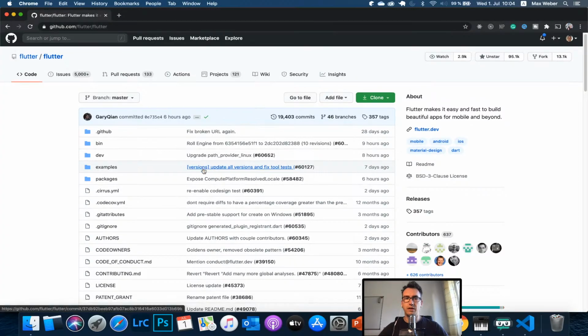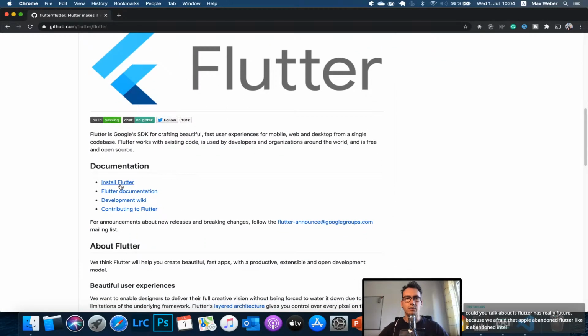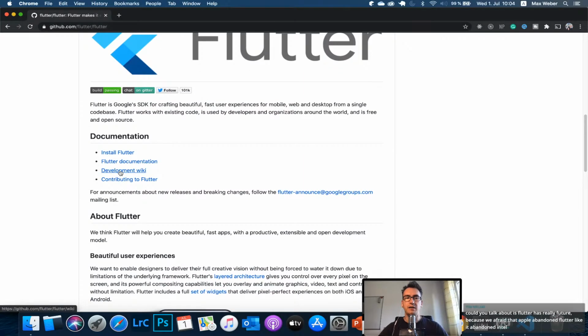So if we go back to GitHub, we can see the README underneath, and we can read the documentation, how we can install Flutter, but we are interested more in the